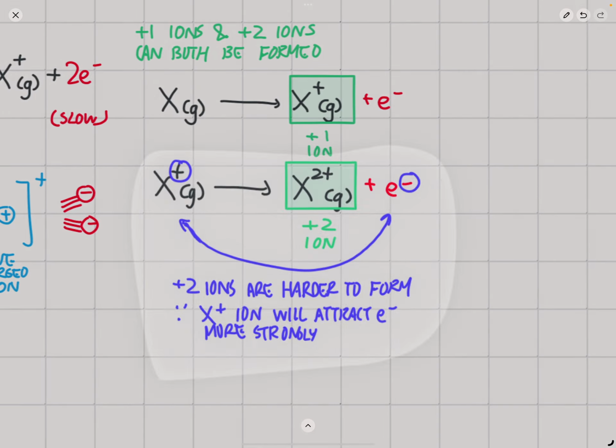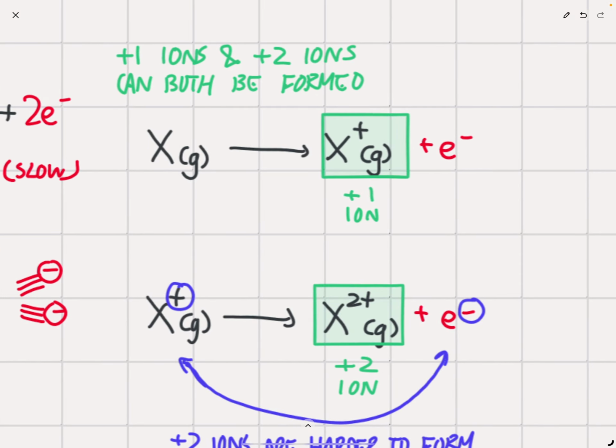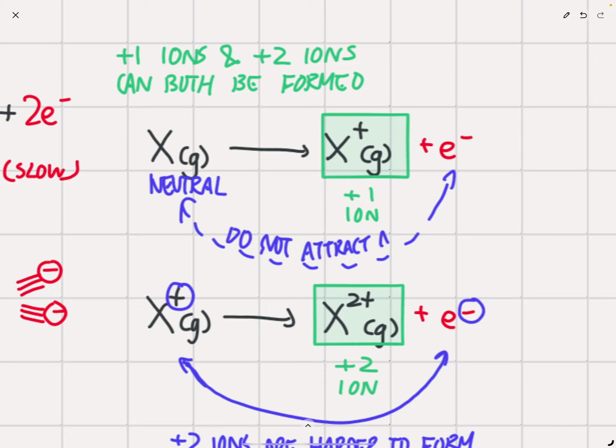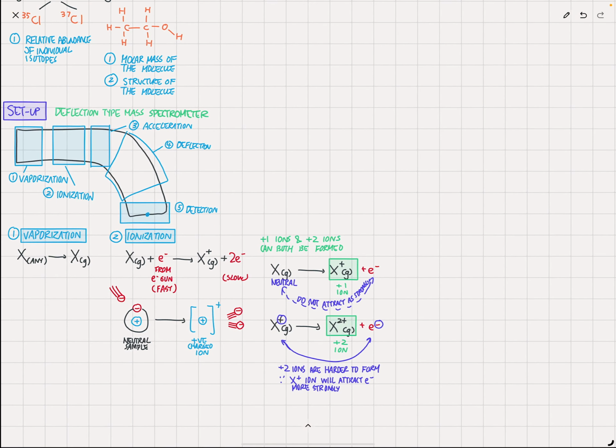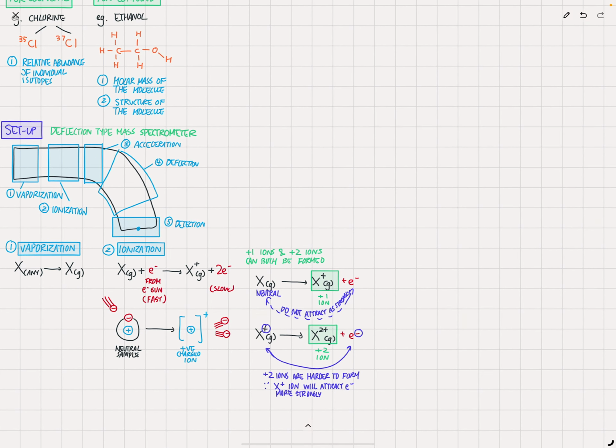So you can see that in the +1 charged ion case, this is neutral. So a neutral gaseous atom will attract electrons less strongly. Okay, so they do not attract each other as strongly. So therefore, +1 charged ions can be formed more readily. So that's what you need to know about ionization. Then we have